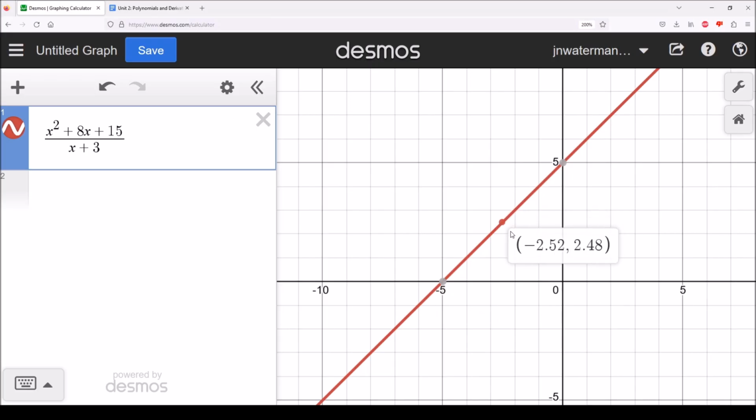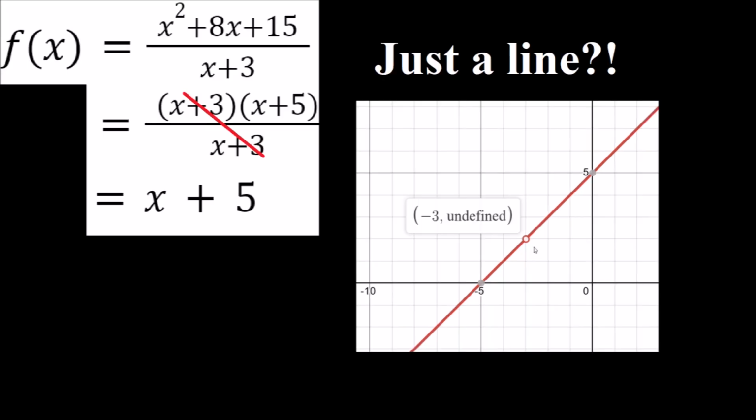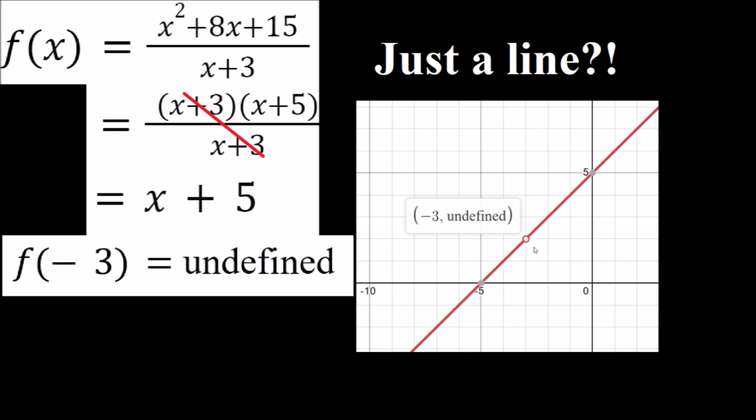When we scroll over this graph a little bit, we notice something strange. There's a hole in the graph. How could this be? The truth is quite strange. When you simplify an equation with a denominator, any points undefined in the original equation will maintain that property through their simplification. Since the original equation is undefined for x equals -3, the simple linear version must also be undefined